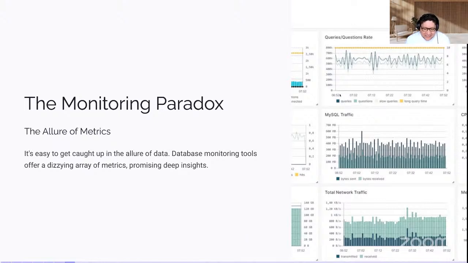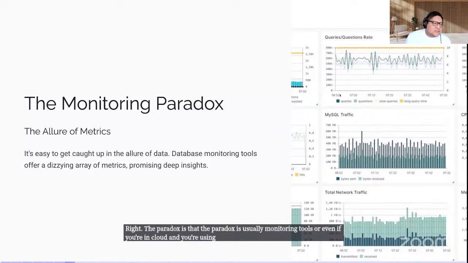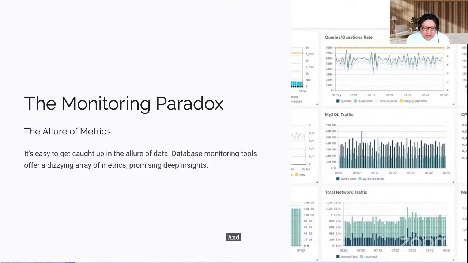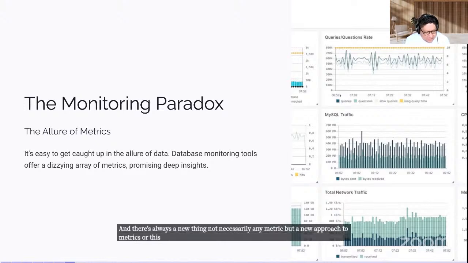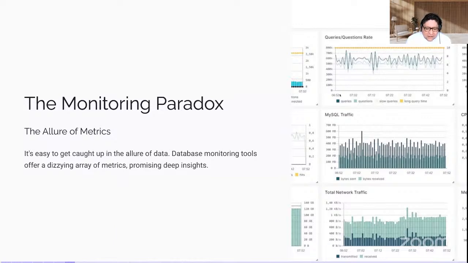The paradox is that usually monitoring tools, or even if you're in cloud and you're using CloudWatch on AWS or the metrics logs on GCP or whatever you're using, there is way too much information. There's too much information. And there's always a new thing, not necessarily a new metric, but a new approach to metrics, or this approach will give you the info faster, or they will give you more info.